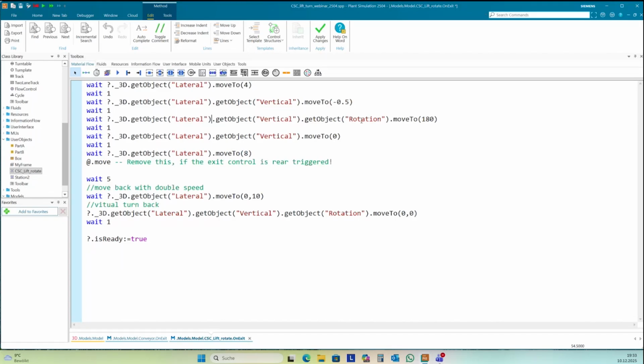Within vertical is a rotation, and you can place a lot of different animatable objects into one object, and so you need to address the right one. And then you can address directly the joint to move for a certain amount of degrees or meters. Okay, let's have a look.